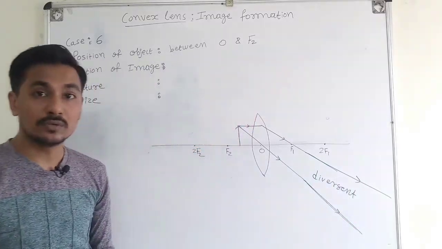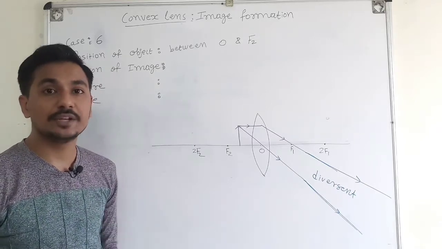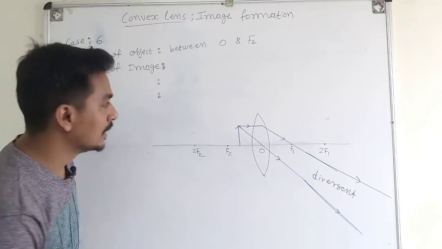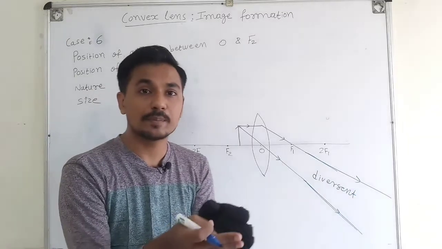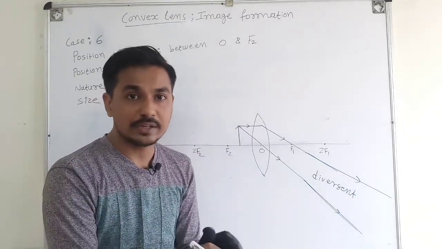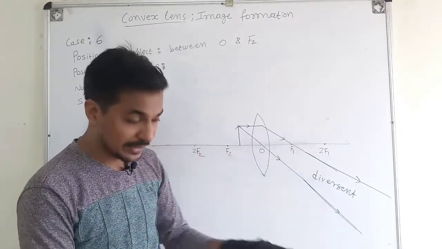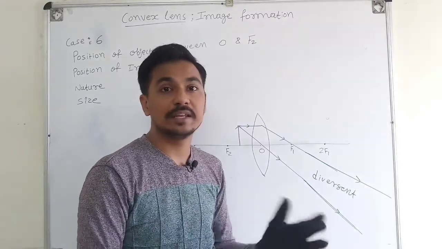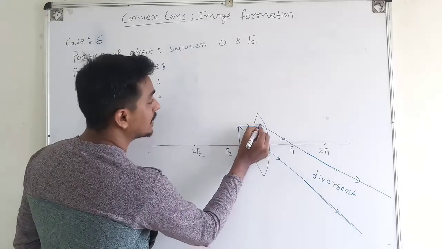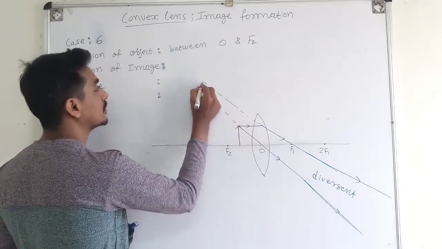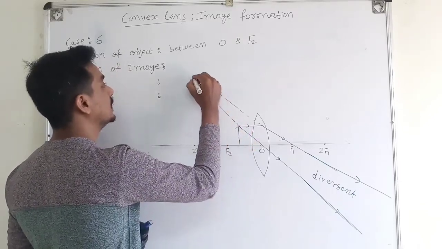And in the case of the convex lens, convex mirror and concave mirror, I have explained to you how to deal with the divergent rays, right? So we need to trace back the divergent rays. See, if the rays are convergent or parallel, then we assume that the rays will meet. For parallel rays, we assume that they meet at infinity. But for divergent rays, as they move ahead, the distance between them increases and hence they never meet. So what we can do here, we will trace them back. So here we will get an image somewhere at this position.